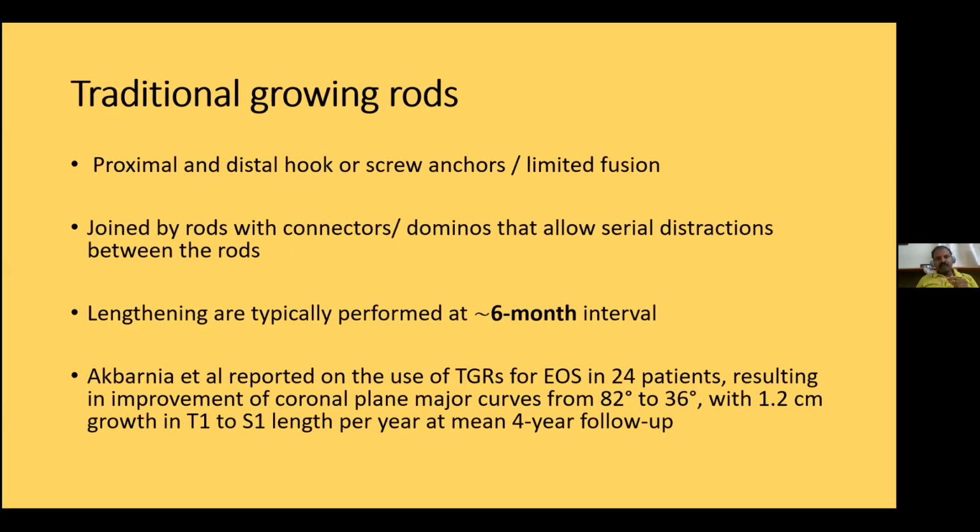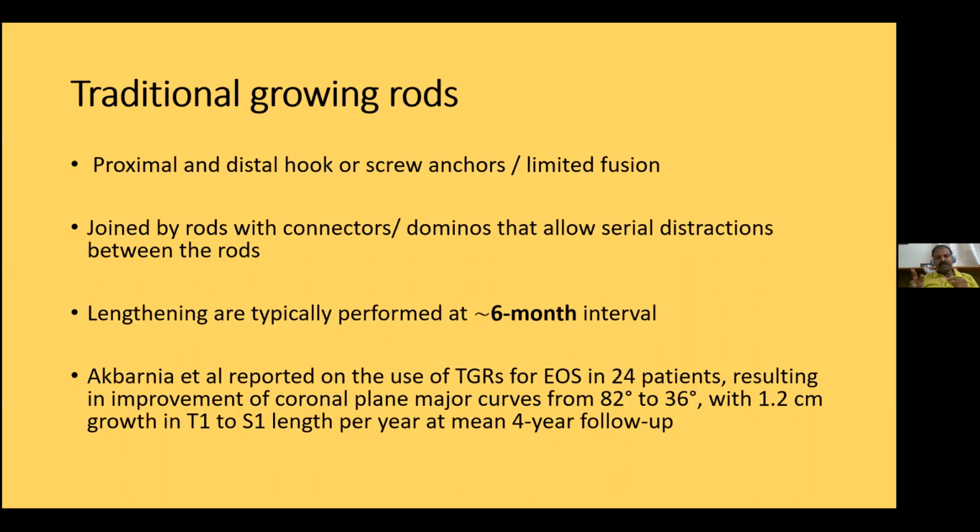Here they have to have a proximal and a distal anchor. So it can be a hook-based or a screw-based system. Proximally, usually they use the hooks, a down-going TP hook or up-going pedicle hook, or sometimes they use rib hooks. Mostly in kids, we use TP or rib hooks, and then you have pedicle screws lower down on the curve. So you have a proximal anchor, a distal anchor, and then connected by two rods. There are growing rods with single rods also. I'll show some of the examples. But usually we use two rods, and then